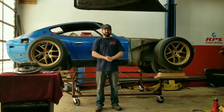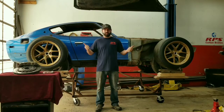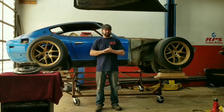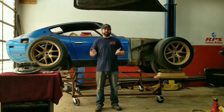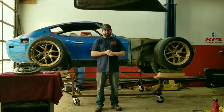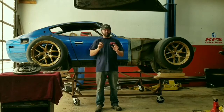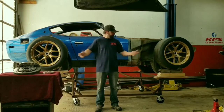Hi everyone, this is the Zenviate, which we announced back in December of 2018. It's called that because it's a 1973 Nissan 240Z. And then we're going to be merging the suspension, uprights, brakes, wheels, and whatnot from the Zenviate program, which I've